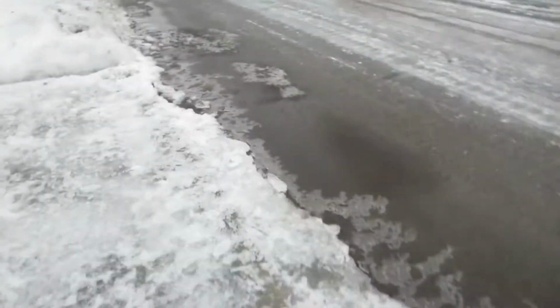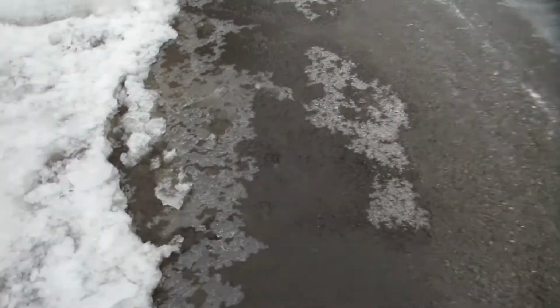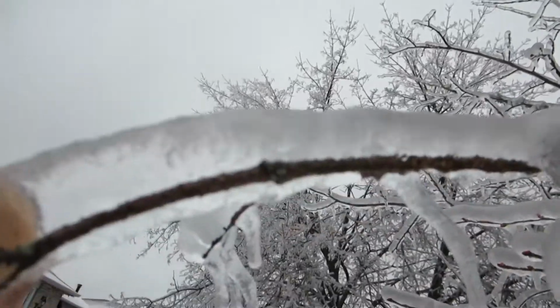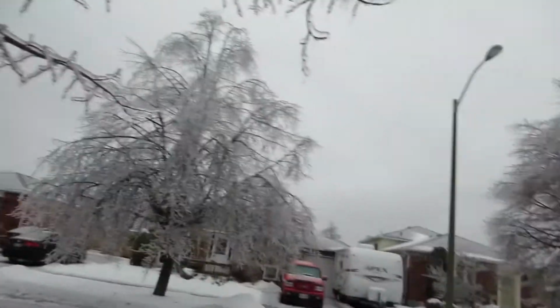Last night when the freezing rain was coming, all of this water here was actually flowing to the drains. It was still flowing. Now it's starting to freeze up. So the temperature is starting to drop a little bit, which means the ice on these trees is just going to stay exactly where it is. You can see the ground actually crumbling below me here as I walk. And you can see the sheer amount of ice on these branches is unbelievable. So these trees are weighing another probably 3 or 4 times what they weighed